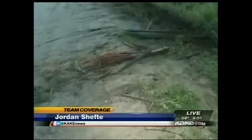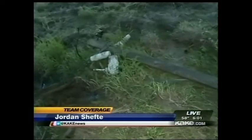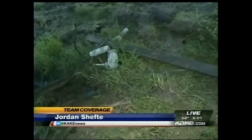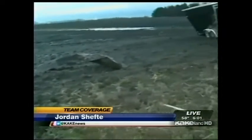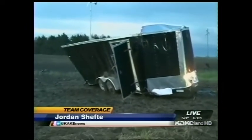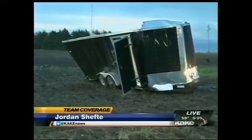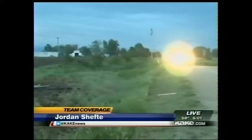Yeah, Mike and Jamel, we are still here on Mays Road, right by 55th Street, but we are now on the opposite side of the street from where the house is that was damaged. Take a look here. You can see one of the downed power lines on the side of the street. Again, power is still out for much of this area. We have seen Westar crews out here working to try to get that power back. And if we can continue this way, you can see this trailer that has just been demolished. You can see how badly damaged it is. That is what a lot of the area out here looks like. The home out here is similar to that. And as we continue this way, there have been Westar crews out here throughout the morning trying to get power